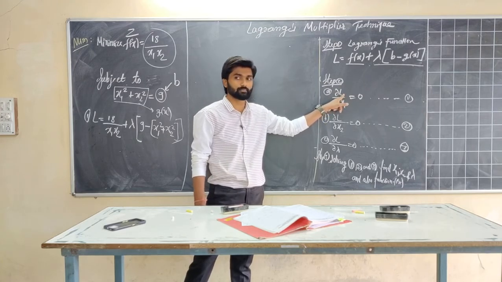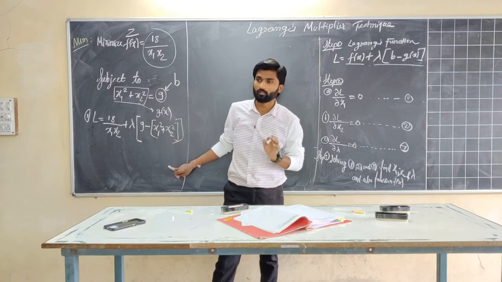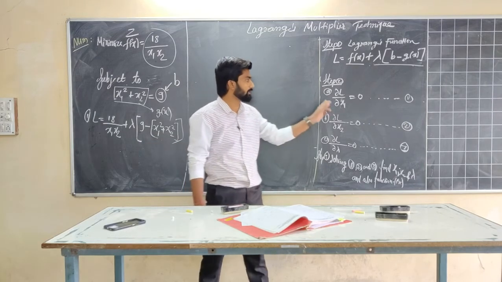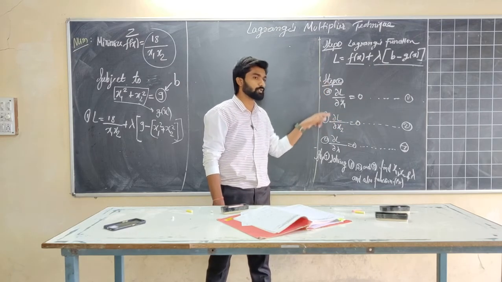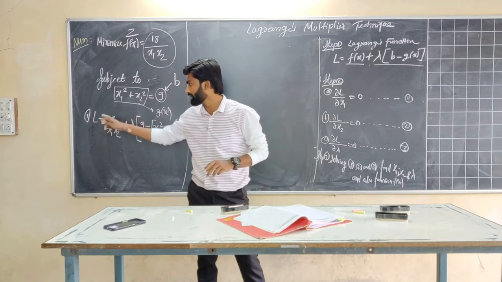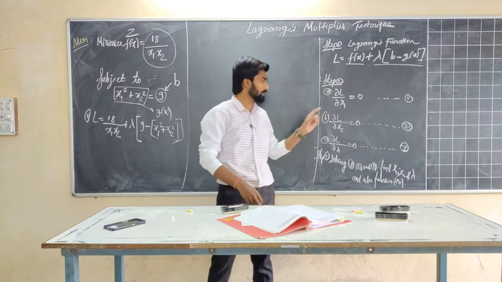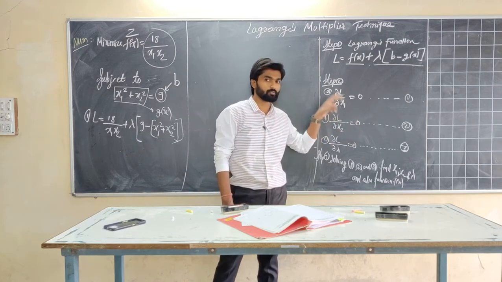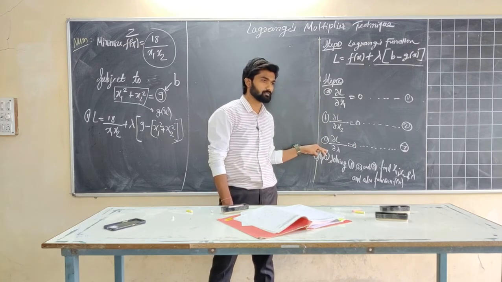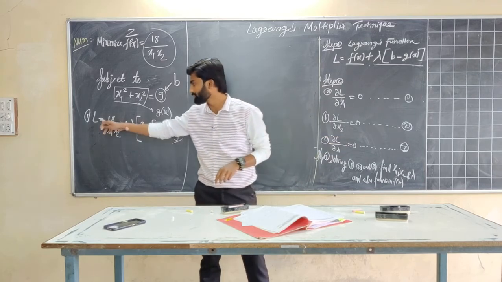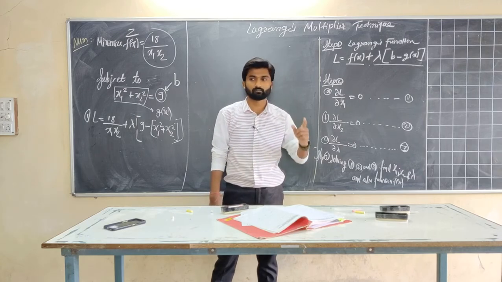First of all, derivate that L with respect to x1 first. Derivate this equation of L with respect to x1, and whatever you are getting, equate it with 0. Second sub-step in step number 2 is same L you have to now derivate with respect to x2, right? And again equate that output with 0. You will be getting the second equation. Third step, yes. Now derivate this L with respect to Lagrange's constant, and again equate with 0.